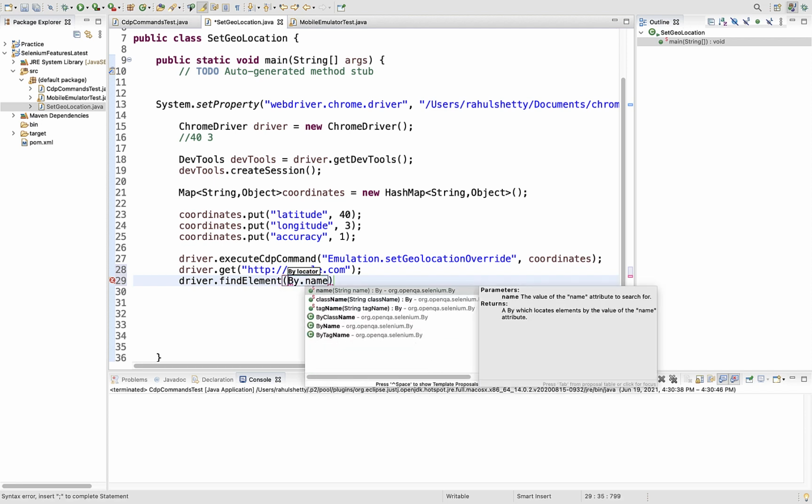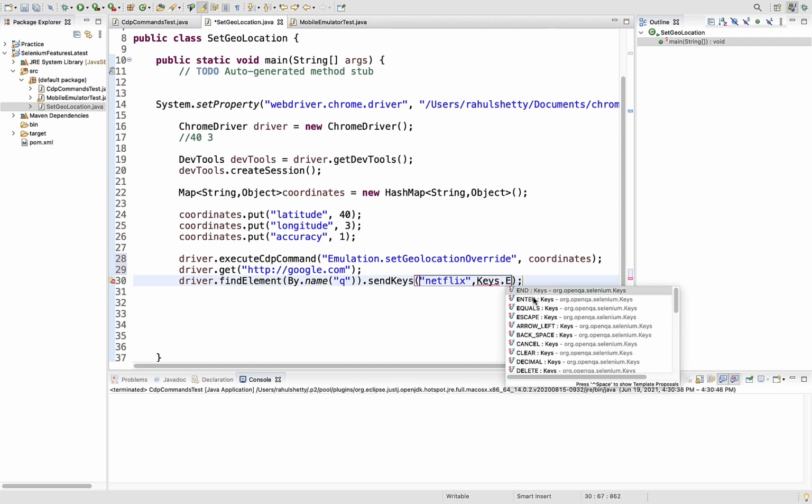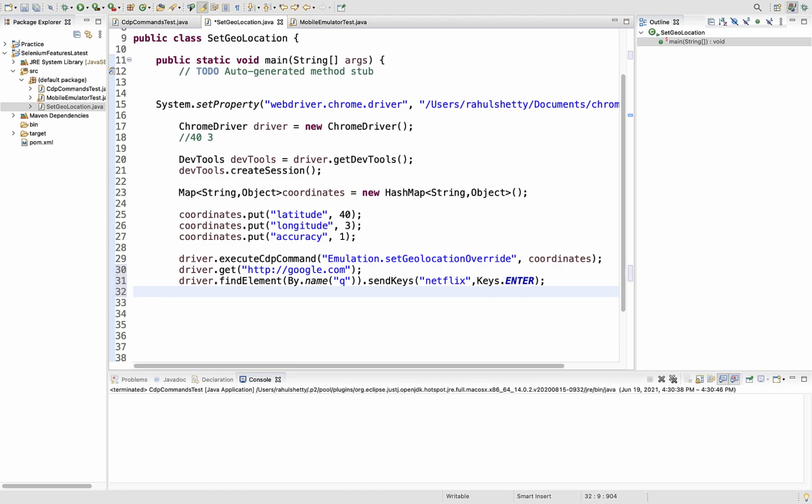I hope most of you know that the edit box has a name locator which is q, that's been there from ages. They didn't change the name locator for that Google search edit box. Send keys, let's send Netflix, and after you send you have to click enter, right? So Keys dot ENTER, so this will Google search with Netflix.